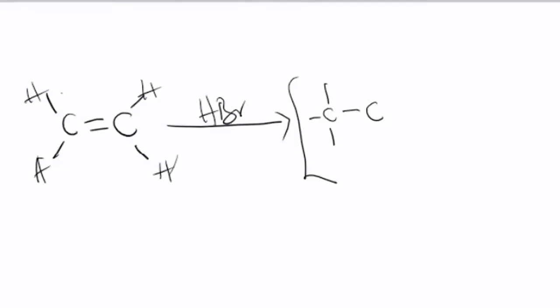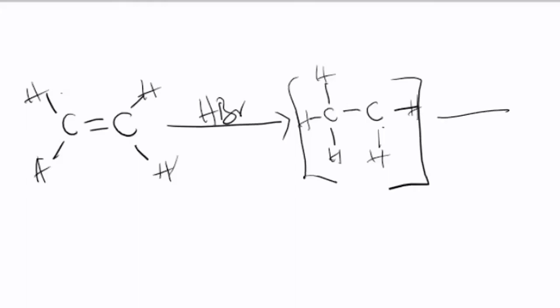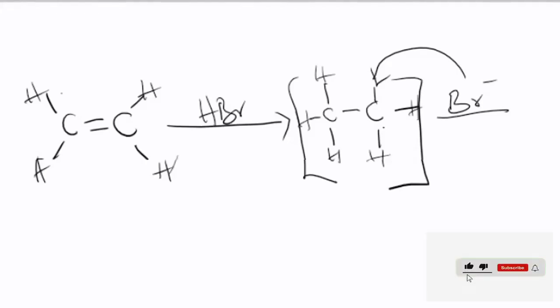So notice that this bond has been lost. So this is hydrogen, hydrogen, hydrogen, hydrogen, hydrogen. And then the bromide here now adds to this. So ultimately we will have